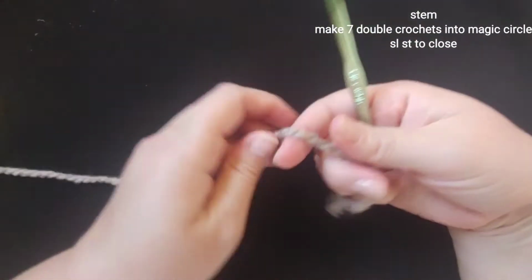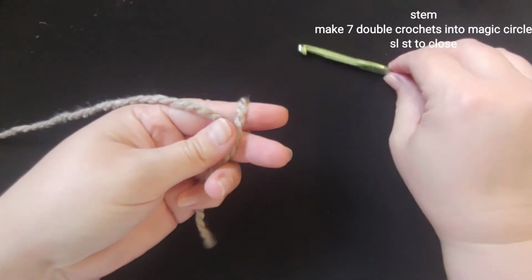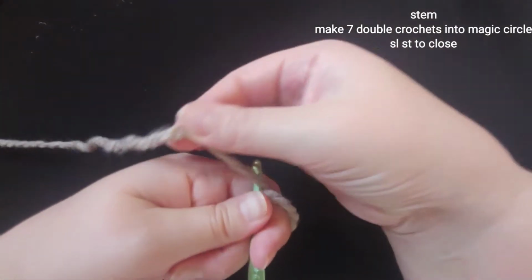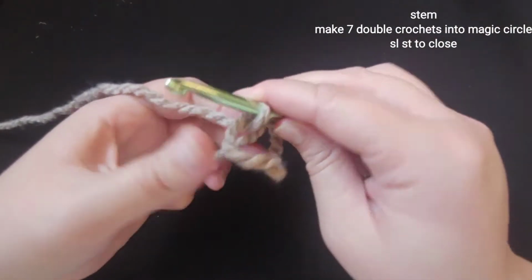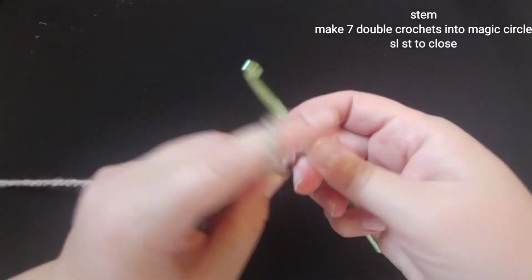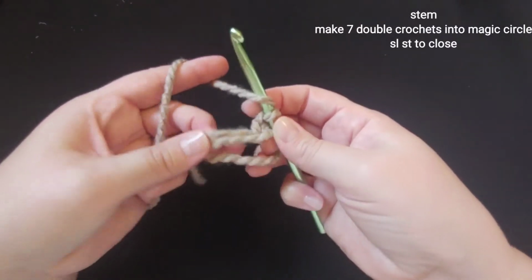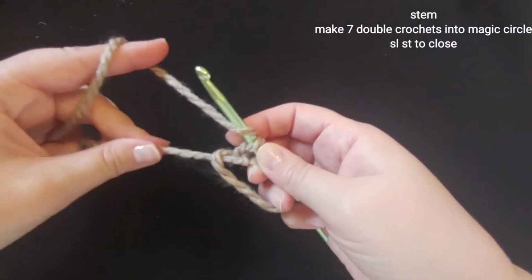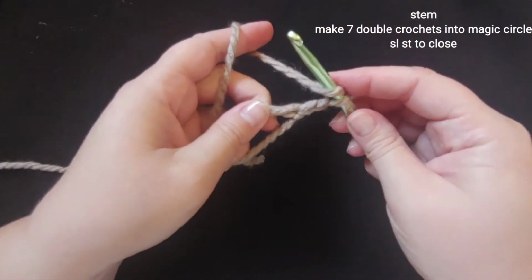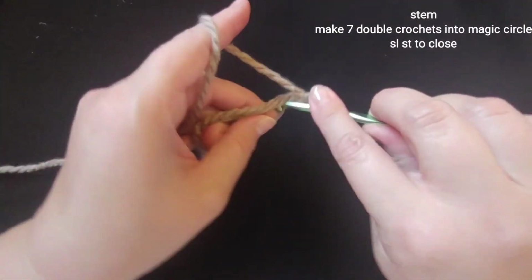For our stem, we are still going to be using our 6mm hook, and we're going to be using our brown yarn. We're going to make a magic circle, and so go ahead and pull up a loop. I want you to chain 2. There's 1 and 2. We're going to yarn over and do 7 double crochets into this middle circle right here, is what we're going to be working into. So double crochet is yarn over, go into the circle, pull up a loop, yarn over, pull through 2, yarn over, pull through 2. There's 1,